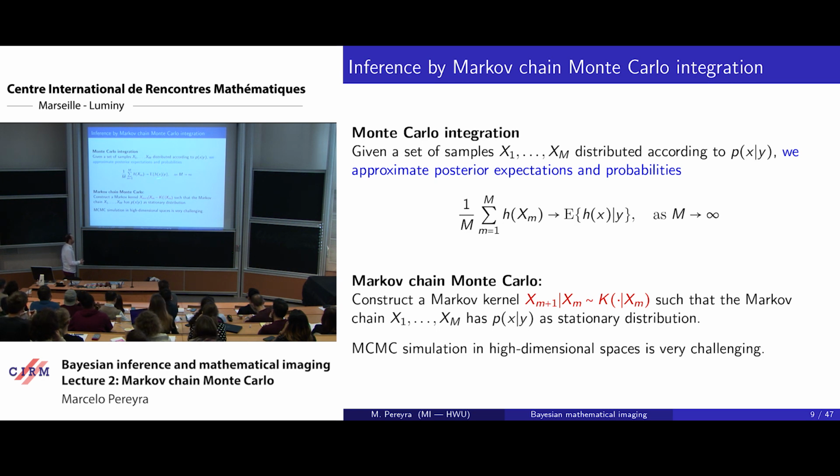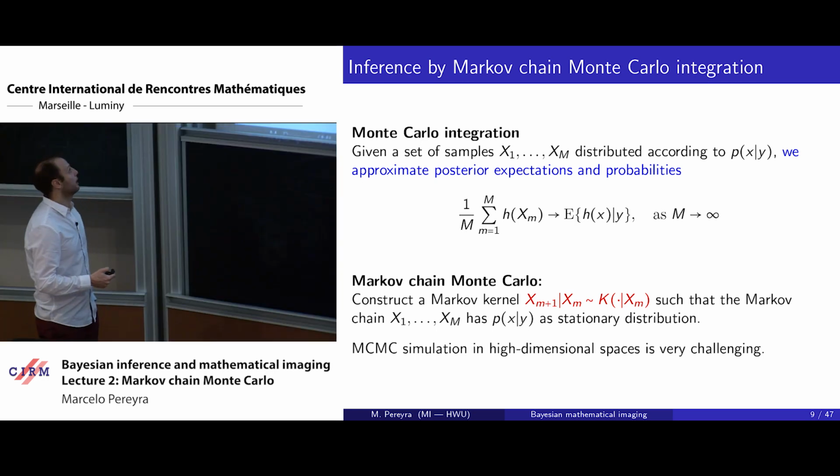given y. So if h is equal to x, then this is the posterior mean. If h is x squared, then this will relate to the covariance of x. If h is some indicator, this will be the probability of x belonging to the set defined by the indicator. So if we know how to compute this, then we can do almost all of the things that we wanted to do. The problem is I don't know how to compute these expectations, so what I'm going to do is